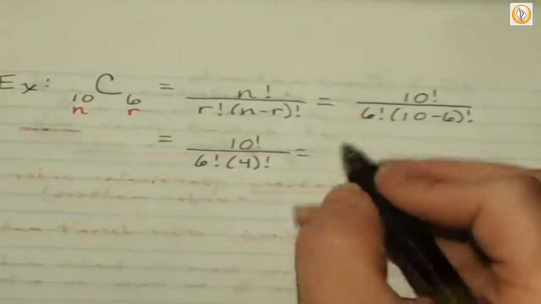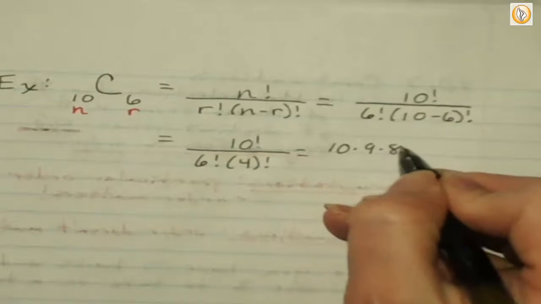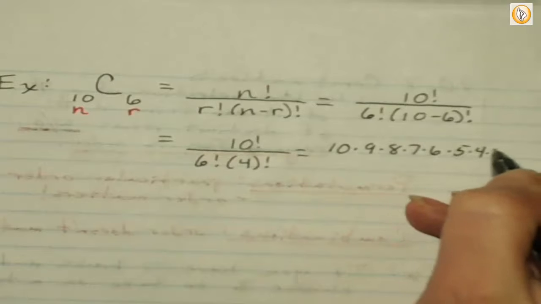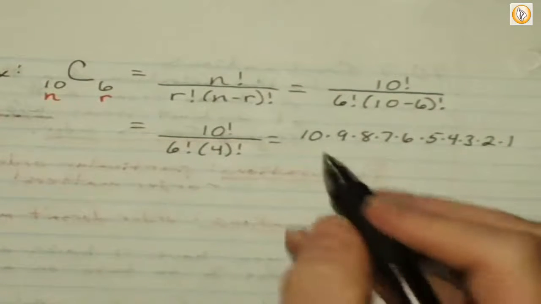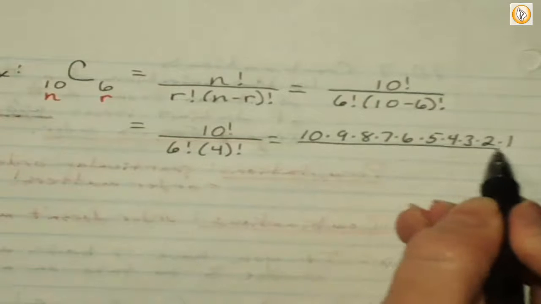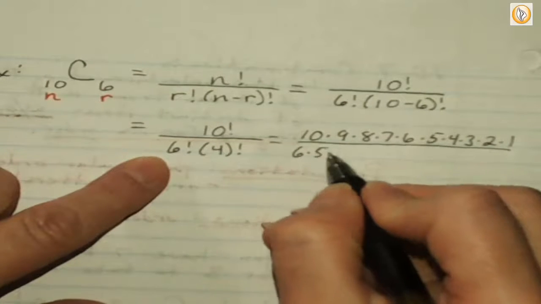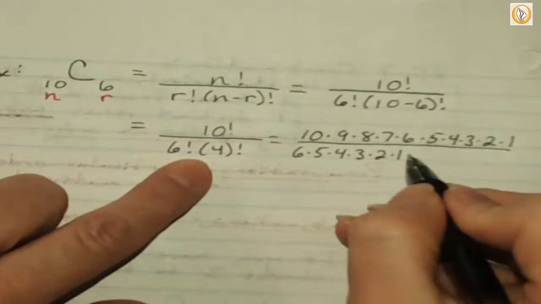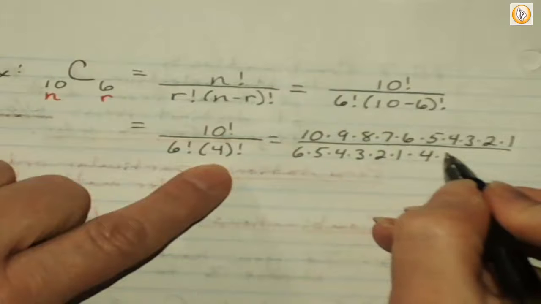Okay, and we do just like the other. 10 factorial is 10 times 9 times 8 times 7 times 6 times 5 times 4 times 3 times 2 times 1 over 6 factorial, 6 times 5 times 4 times 3 times 2 times 1 times 4 factorial, 4 times 3